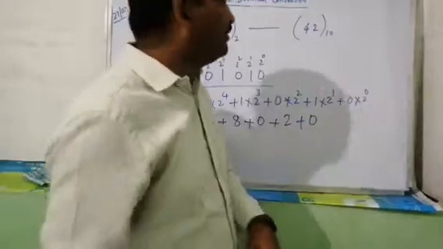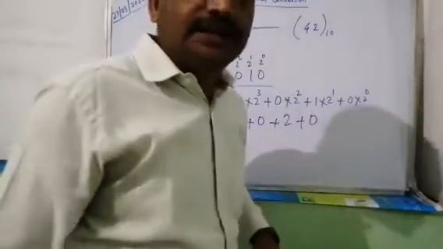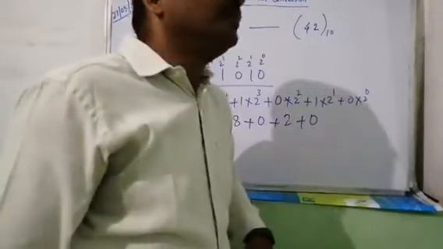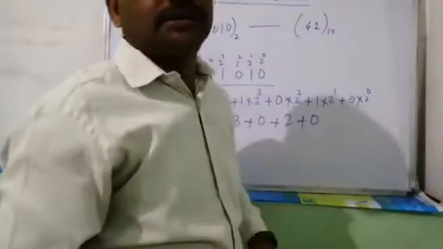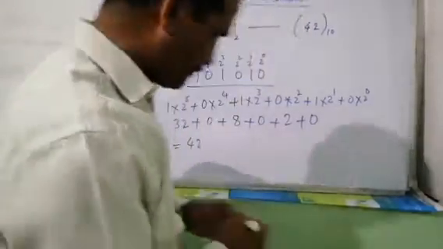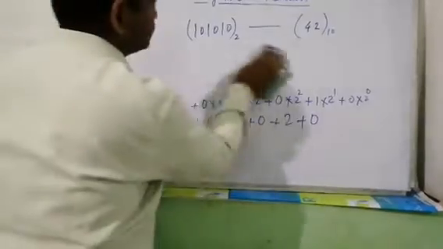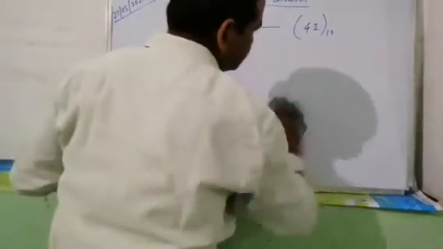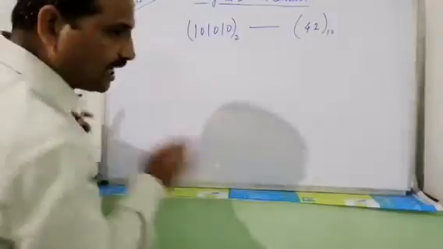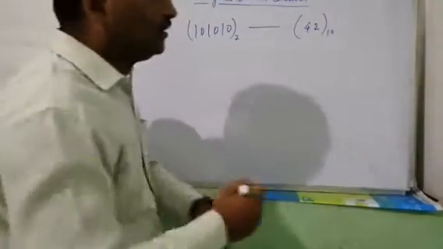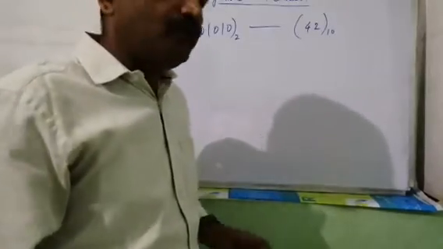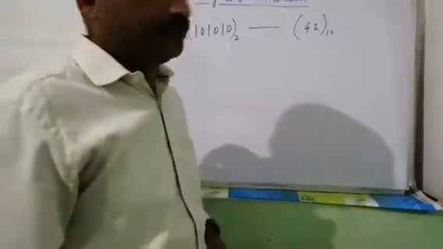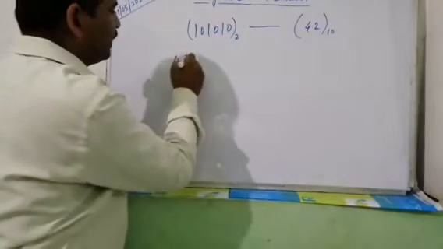If you want to check whether the decimal you have calculated is correct or not, you can simply check by converting the same number into the binary number system, which I have already explained in the previous video. So let us check. What process did I tell yesterday? Whatever decimal number you have to convert into binary, we have to simply divide by 2. So this 42 we have to divide by 2.